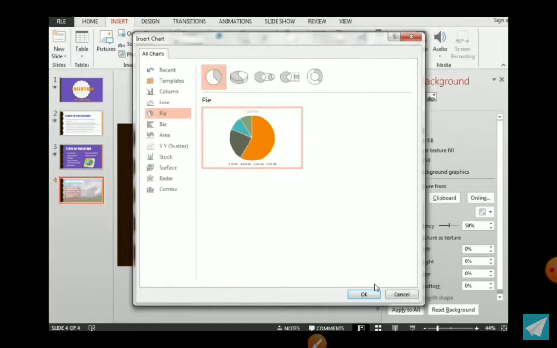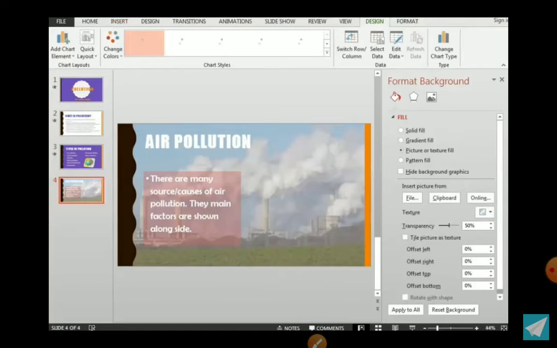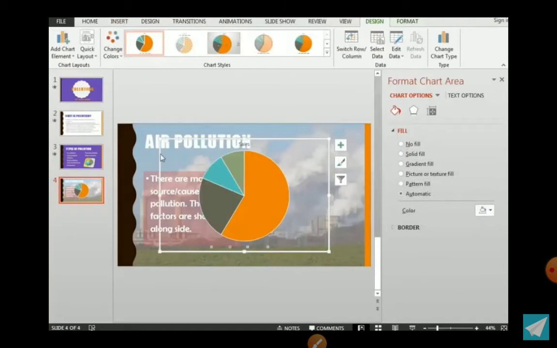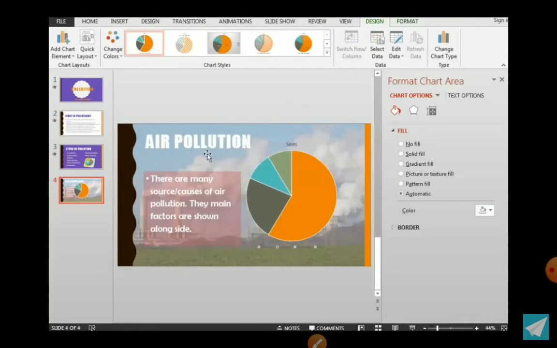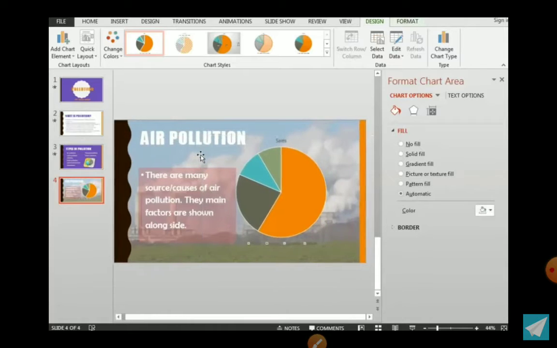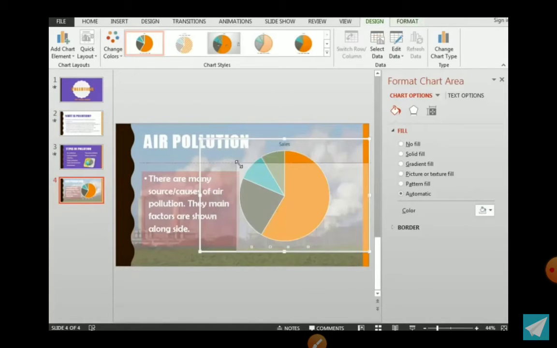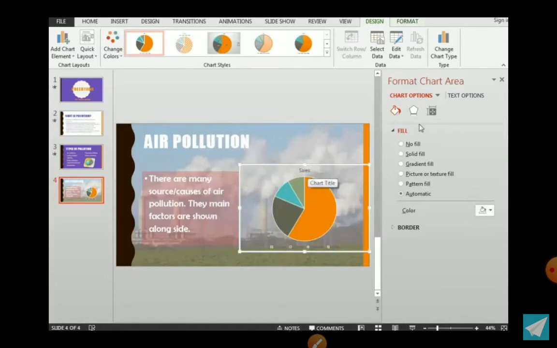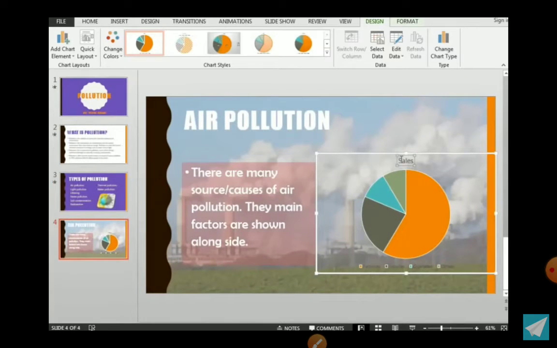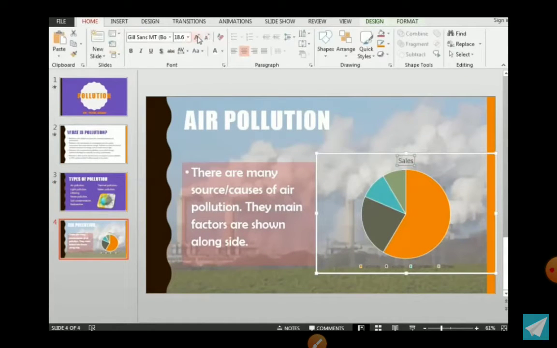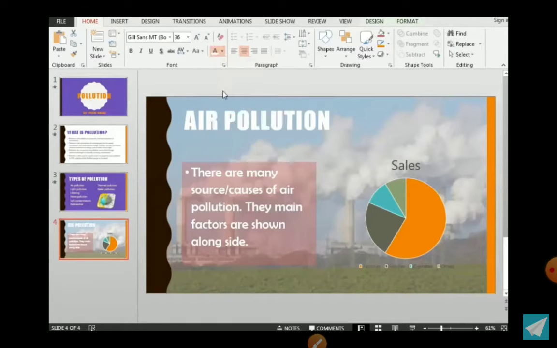Yes, we can insert a graph also. Okay, we can insert the graph from the Excel also. The graph has been inserted in your slide. Now rename the graph, change the name, that is about sources of the pollution.